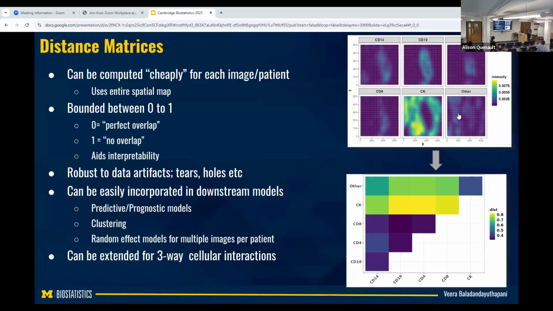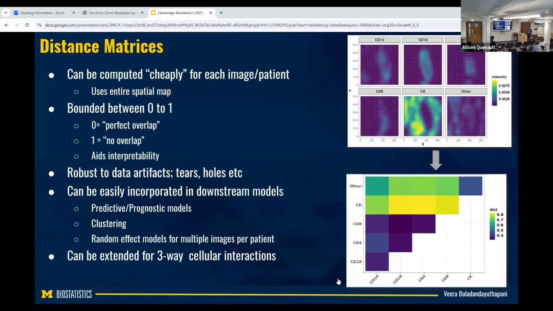So I'll show you an example here. This is the actual data. These are CK, which are tumor cells, and these are CD19 cells. You see that it's perfectly non-overlapping, like a donut shape. So if you go CK here and CD19, it's yellow, closer to 0.8. There's no overlap. If you take these two, CD14 and CD19, it's on the lower end. So that means there's no overlap. Oh, sorry, there is overlap. It's closer to 1. Oh, wait, closer to 0. That means there is overlap.